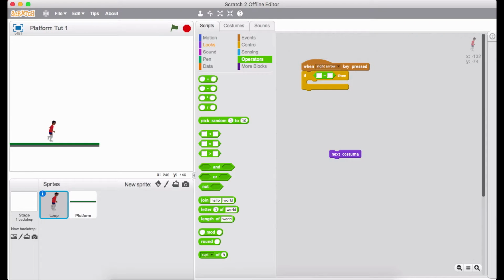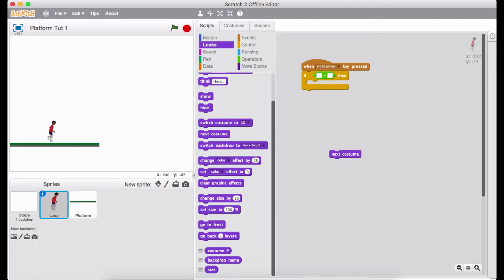To check that, we'll use this built-in variable, the costume number. So if the costume number is 6, then I want to switch to number 1. But I also, somewhere in there, I need to go to the next costume,